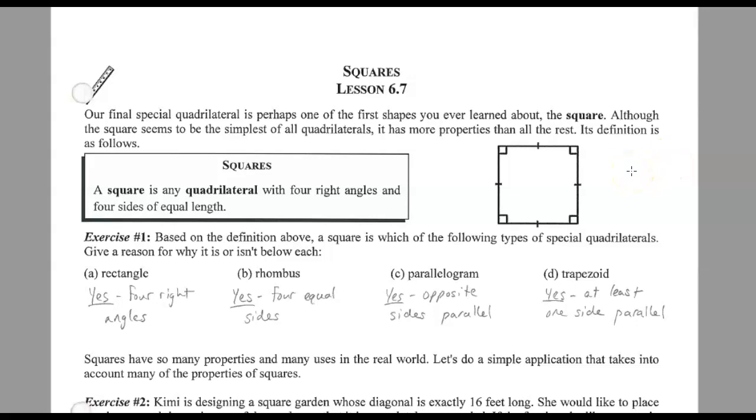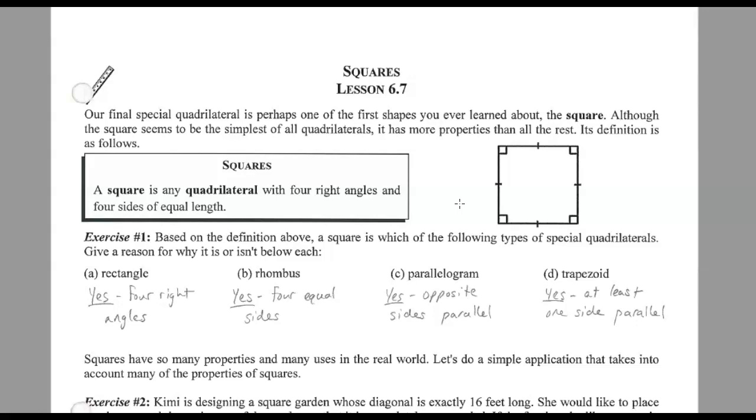Final quadrilateral. We've been talking about parallelograms and rectangles and rhombuses, and now we're getting to a square. And a square has the most properties. It's the most specific of all our quadrilaterals. So the first exercise, well, the definition first off: a quadrilateral with 4 right angles and 4 sides of equal